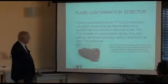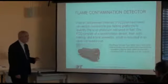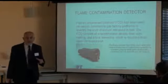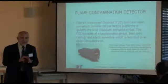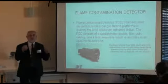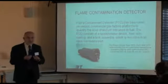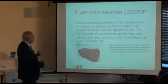Flame contamination detectors are sensors that detect a certain level of sodium. Why sodium? Because sodium produces light of a certain color. You probably know that metals, when they burn and oxidize, produce a certain type of flame, and this flame has a color that can be detected by these sensors. That will indicate